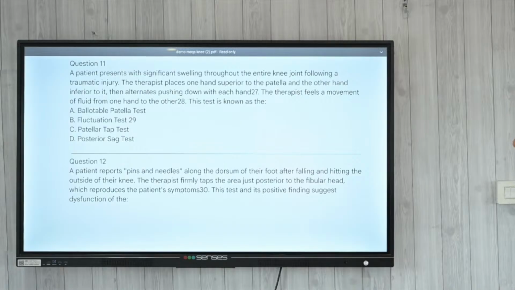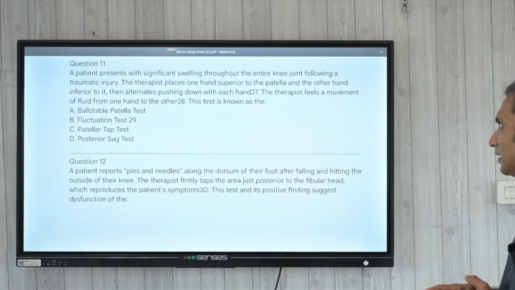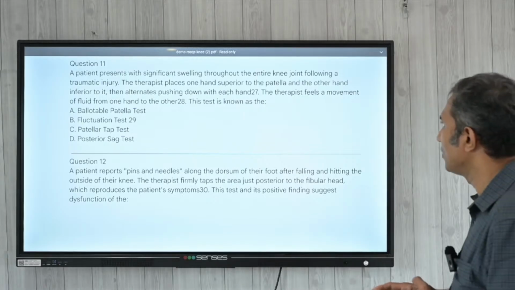Question 11. A patient presents with significant swelling throughout the knee joint following a traumatic injury. The therapist places one hand superior to the patella and the other hand inferior to it. He then alternates pushing up and down with each hand. The therapist feels a movement of fluid from one hand to the other. This test is known as